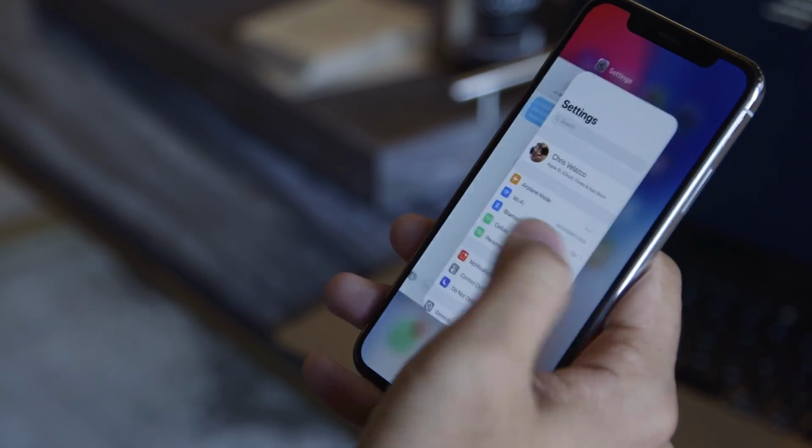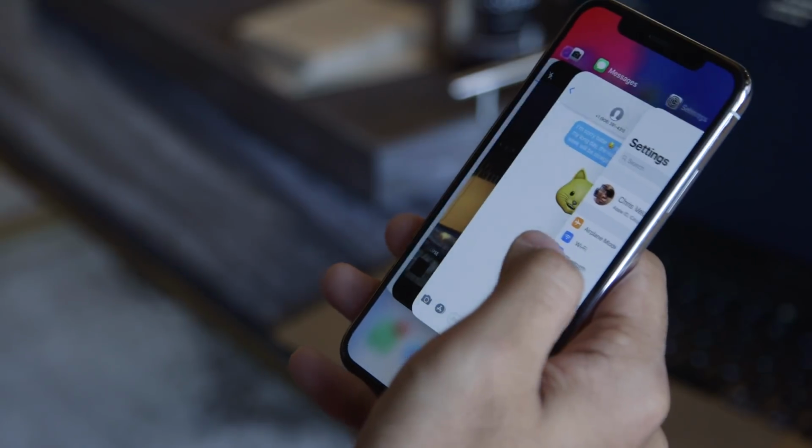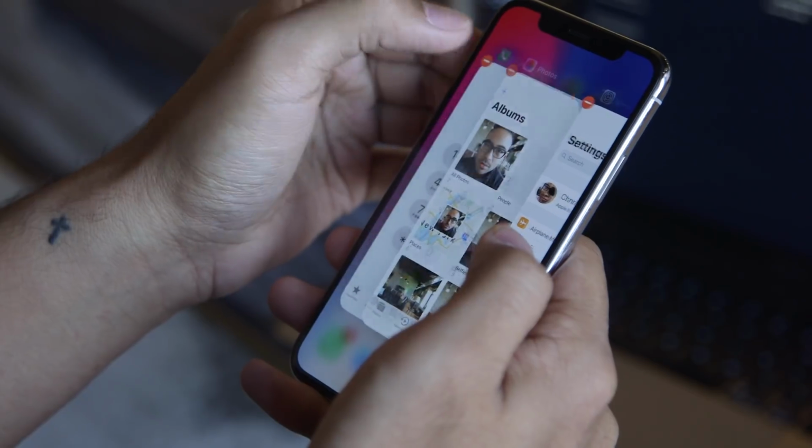If you swipe up and hold it for a little bit, that'll bring up your multitasker. So you'll have your little app windows. You can scroll through them as you always could, but you can no longer swipe up to get rid of them. You actually have to press and hold them and hit a button in the corner, which frankly is a little annoying. It seemed very polished in older versions of the iPhone, so I kind of miss that, but I think I'm probably gonna get used to that